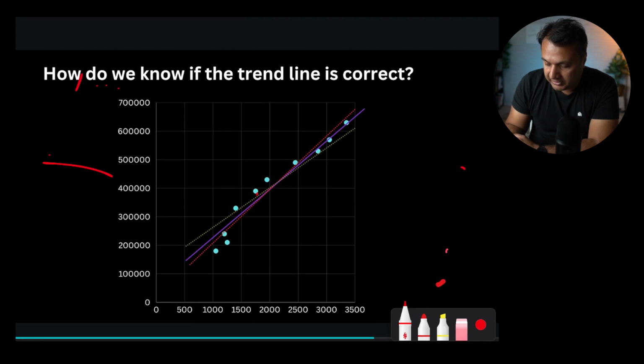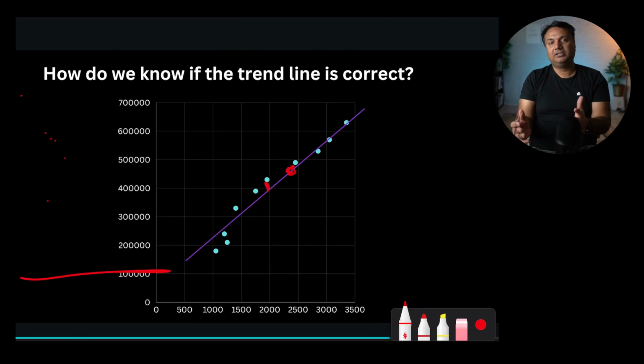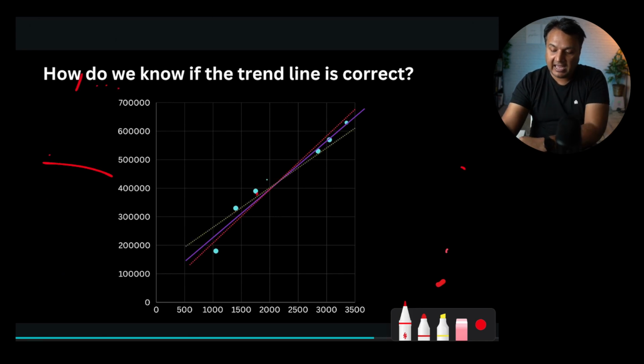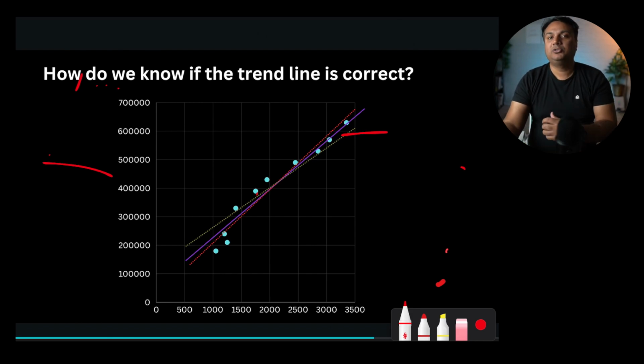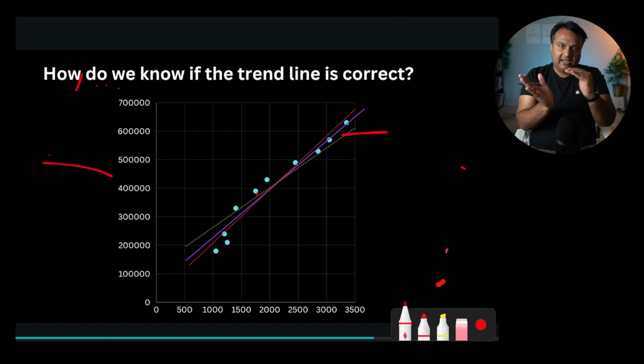Actually, yeah, let me show it here. Yeah, this line. So this is the error of this line. So we can get an error of the purple line, if it is 34,000, we can get the error of this yellow line, and then we can get the error of this red line, and so forth. We can keep creating different lines, and we can keep calculating the errors. And any line which has the minimum error, that is our line of best fit. So this is the perfect line we want to use for the prediction.